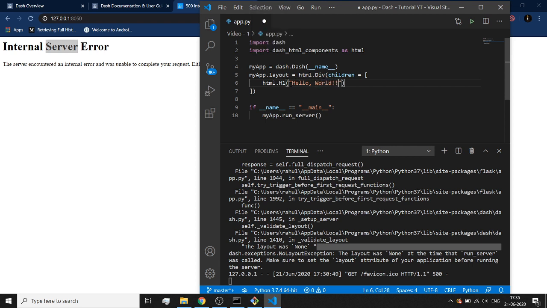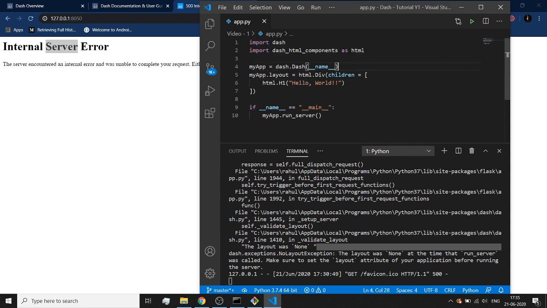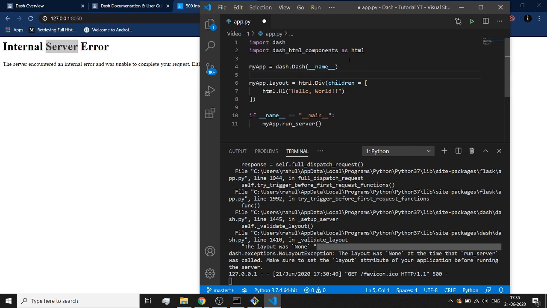Okay, all right. So now I have just created the layout of my application. Obviously the applications that you would want to build in Dash would be much more advanced and sophisticated. You would want to embed your machine learning applications, or explore your data sets via graphs using a dashboard. Those things we are going to be learning as we move along, but we are starting with a very simple application which just prints this hello world on the screen.